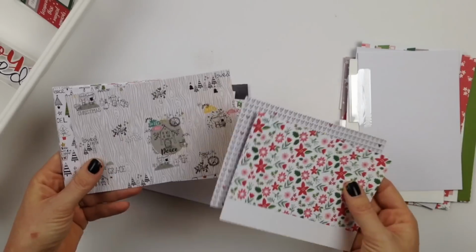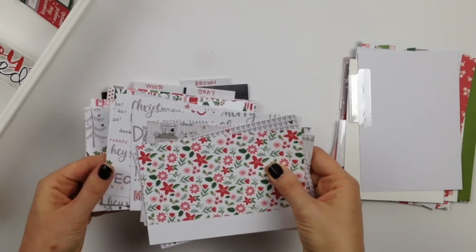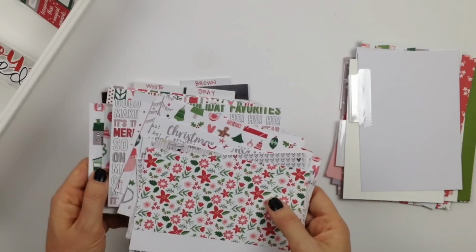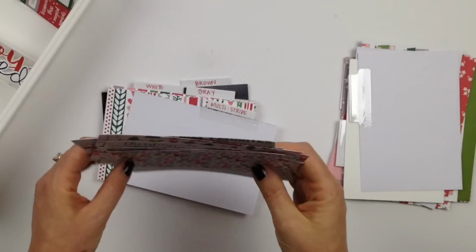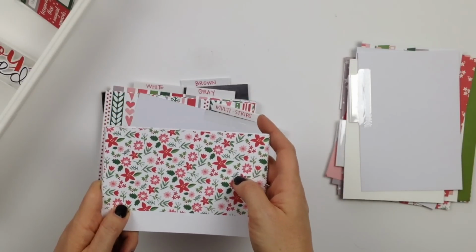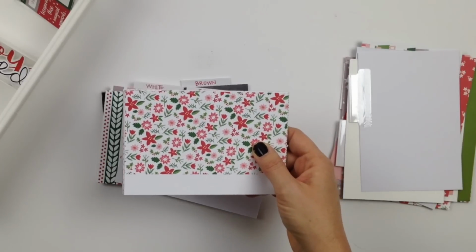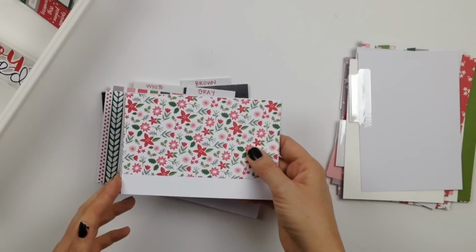So multicolor, it's kind of a plethora of different kinds of things, but I just chopped up all these 12 by 12s and 6 by 6s. And just so that you know what I'm doing with the 12 by 12s, for instance, the LA Studio comes with 2 sheets of each, and they're both double-sided. So I just took one of each and cut them down. So I do still have a whole complete set, basically half of the paper pack still sitting in